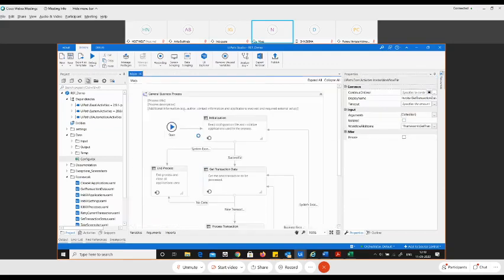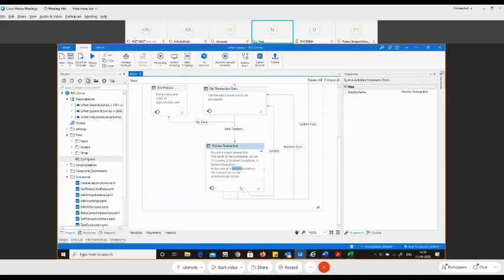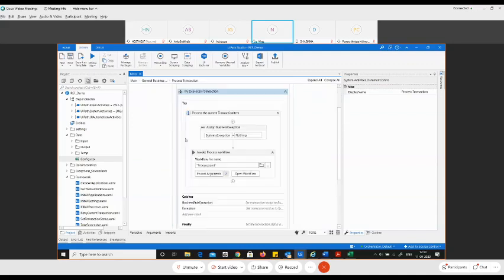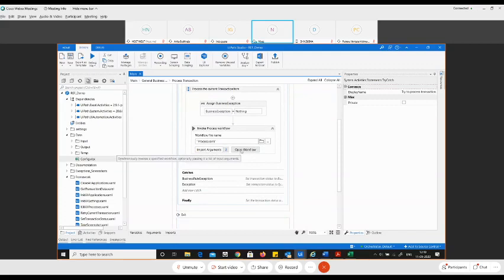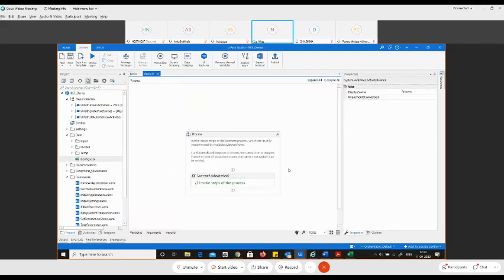Let's head back to the next state, that is the process transaction state. Now, this is where all the magic is going to happen. If you see here, we have only one workflow, that is the process.xaml file. If I open this workflow, you can see nothing. It's a very blank sequence because it's a process that you have to build. The framework is not going to build it for you, right? Every process is different. In our case, the process is we need to enter the values into a web form. So that piece of code will come here.